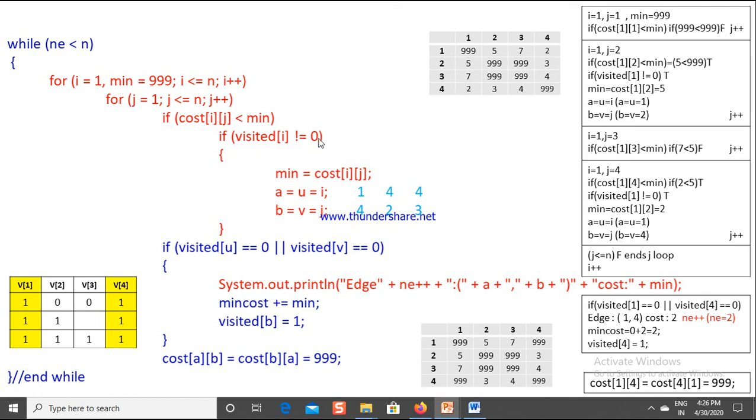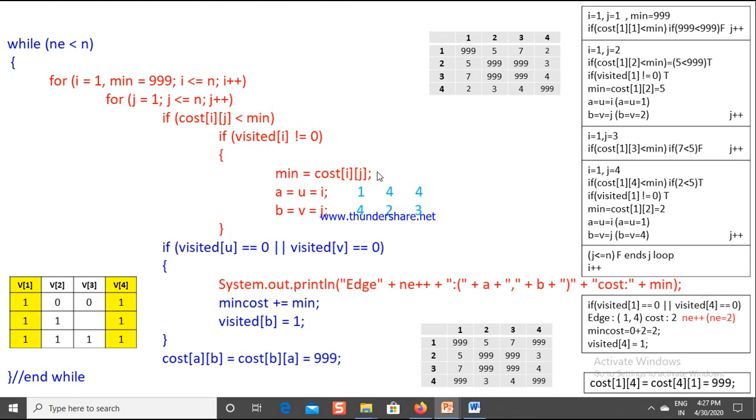Because now we only need to check for visited vertices. Otherwise you consider this matrix. So in the first row and in the fourth row, because only these two are the visited vertices now, you need to find out the minimum cost edge. Which is that? The minimum cost edge is 3. So what is the entry? 4 and 2 is the entry. So what is your next i and j? 4 and 2. That is written here in blue color. Next i j value, or the a b value, or the u v value, is 4 and 2.